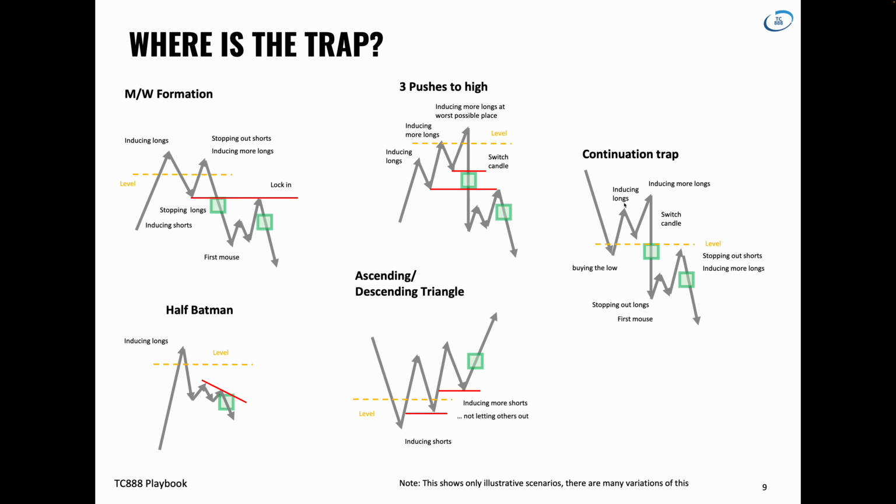They just induce longs, one push, maybe two pushes. I don't really look at three pushes. Typically, they just push it up for 5 minutes or so. Then you get a wick on the next 5-minute candle, and then they lock it in, trap these longs, and they take the liquidity of these longs that are buying the low, and they just go down and do the